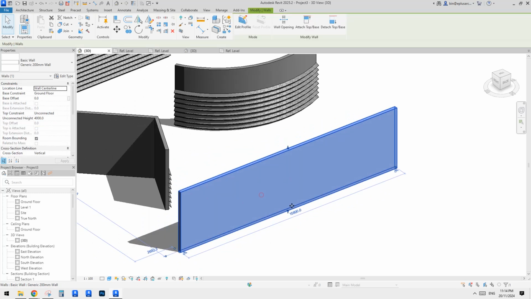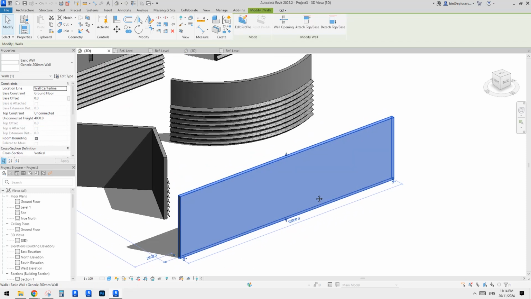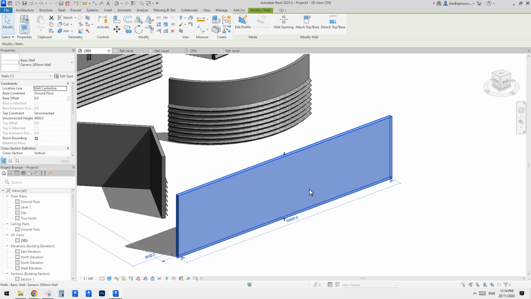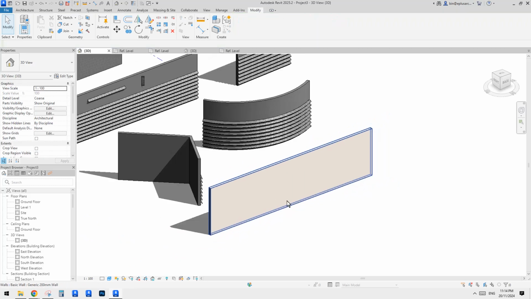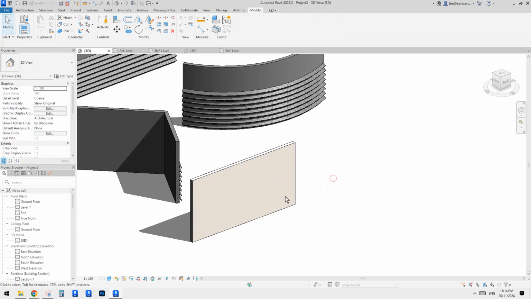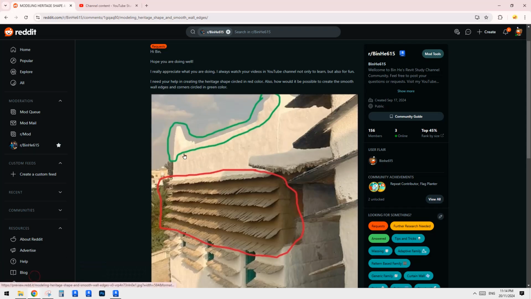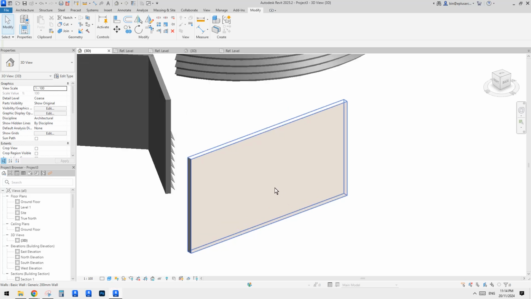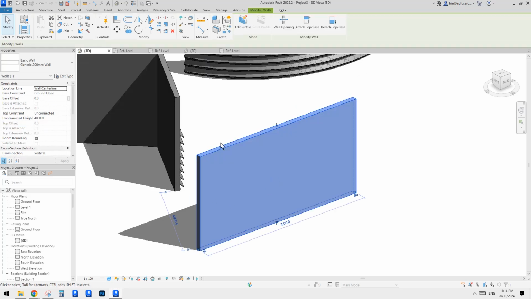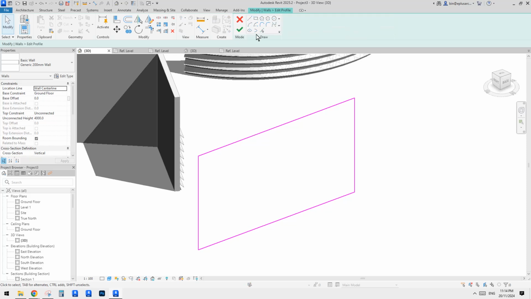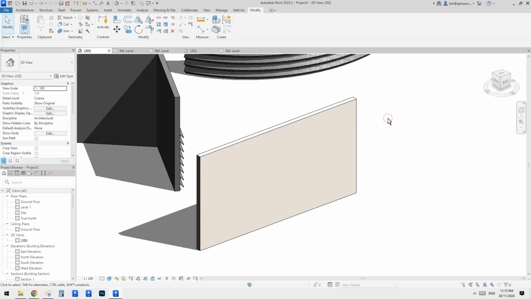If we need to model something like this, right? If we need to model all of these details, I wouldn't create a single wall and then edit profile and try to create this. I wouldn't do that, because